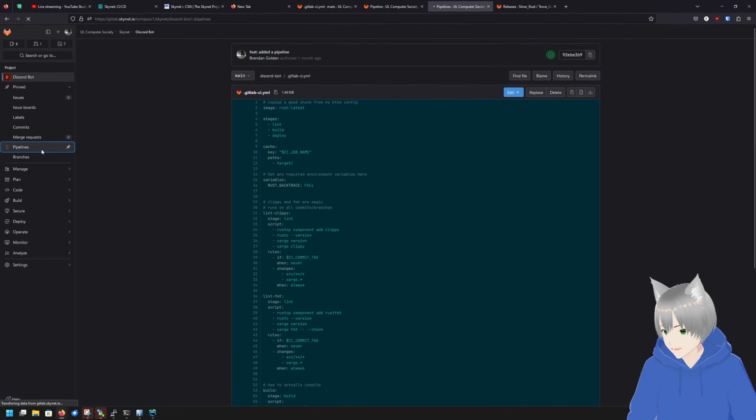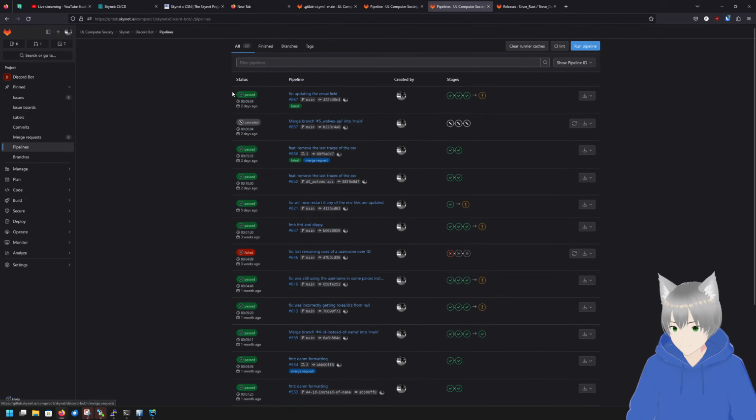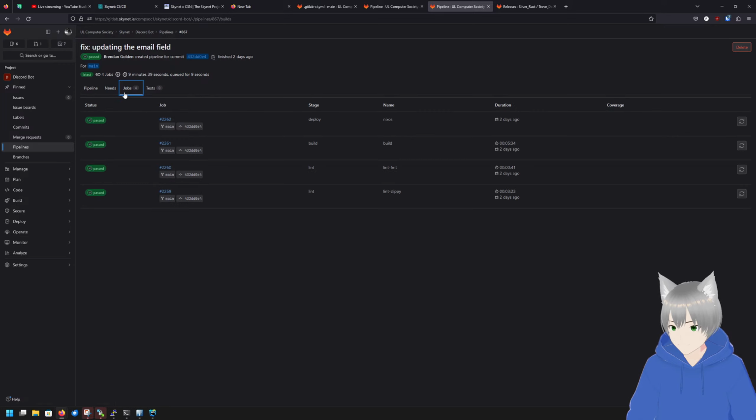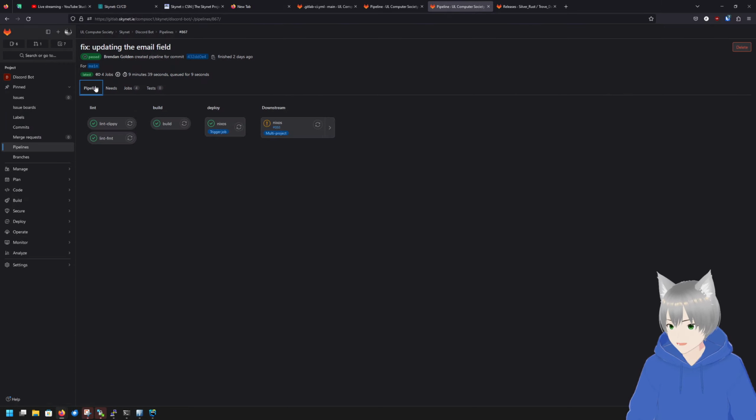If you want to see the actual pipeline for this, go into the last one. So you can see that there's the Clippy and format, they run kind of in parallel in that stage, well, in series, and then there's the build, and then there's deploy. You can see that there's 4 jobs that run in this, and you can see the stages and whatnot. Overall, quite nice.